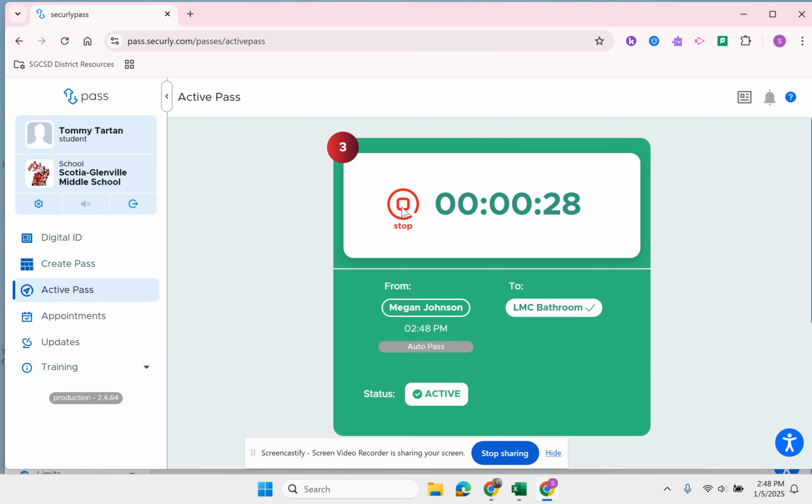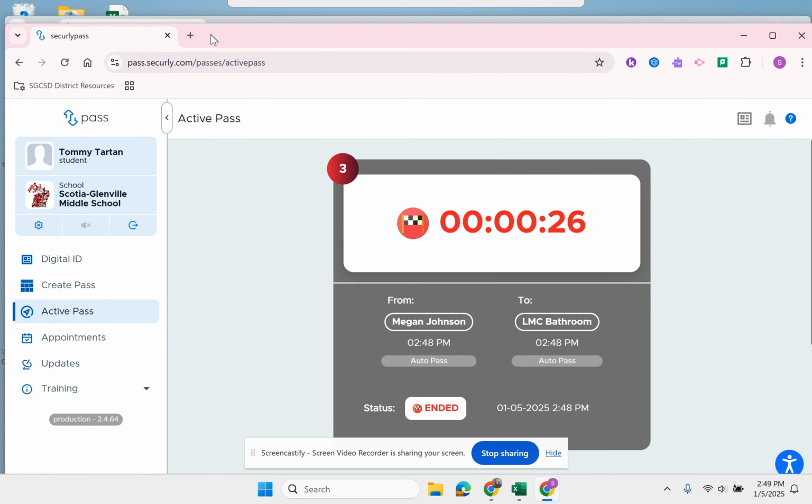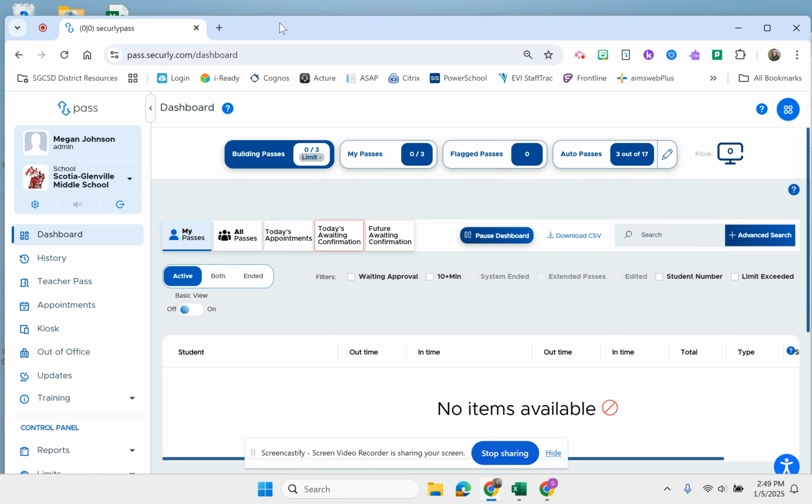Once I've come back from the bathroom, I'm going to click stop, and you'll see that it does, in fact, it was a pretty quick trip, but you'll see that the time will actually show for both the start and the stop time. I should have done that a little bit longer so you could have seen that. But now on the teacher side of things, so that you can see what it looks like here, I can in fact see